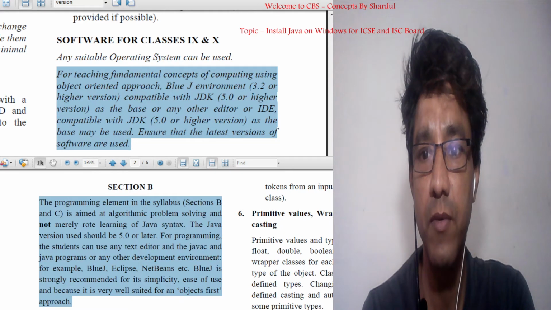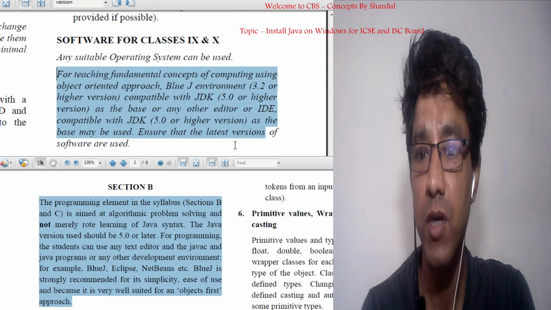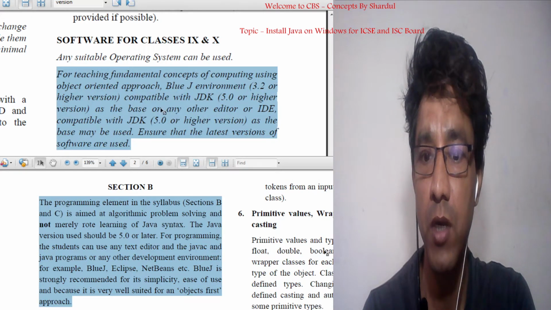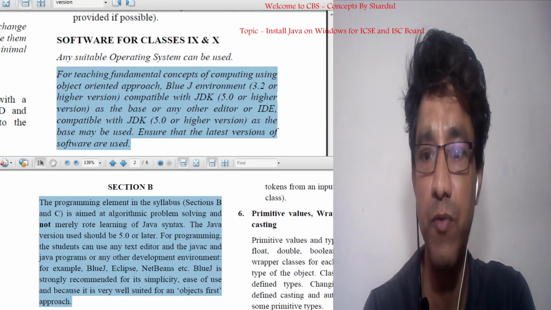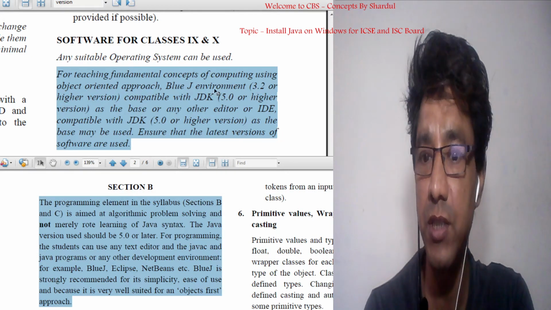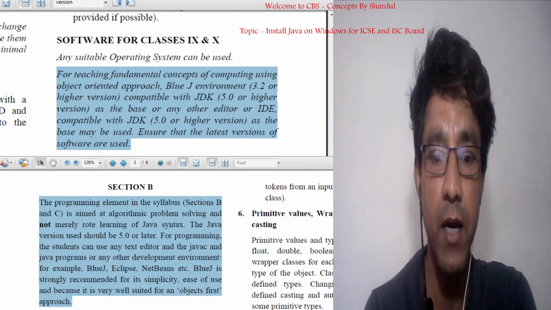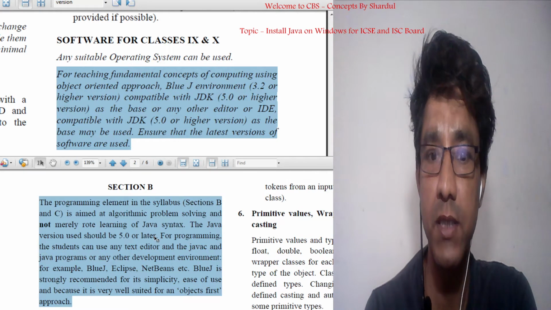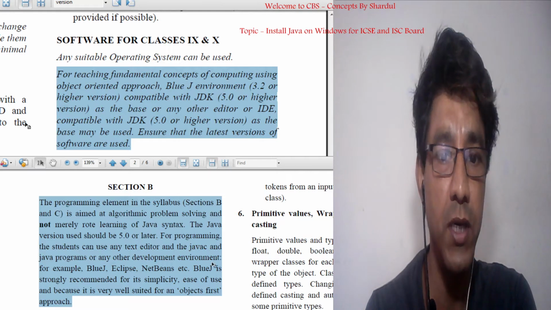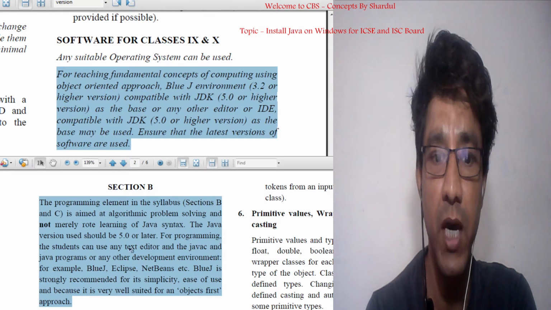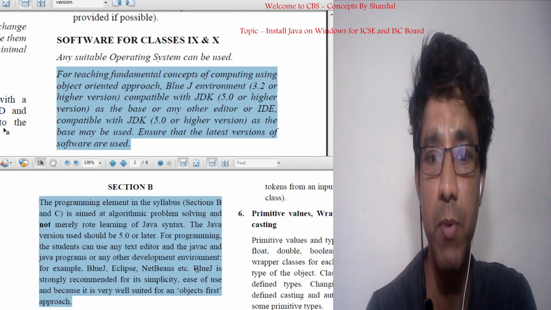For class 9th and 10th, JDK 5 or higher is required, and the BlueJ environment 3.2 or higher version is required. So at least if you have JDK 5.0, if your system is old dated, you can use JDK 5 at least, or the latest version of JDK. And for class 11th and 12th also you can use JDK 5 or later. For class 9th and 10th, BlueJ is required, whereas in class 11th and 12th, NetBeans, Eclipse or BlueJ, anyone you can use, but still people prefer BlueJ